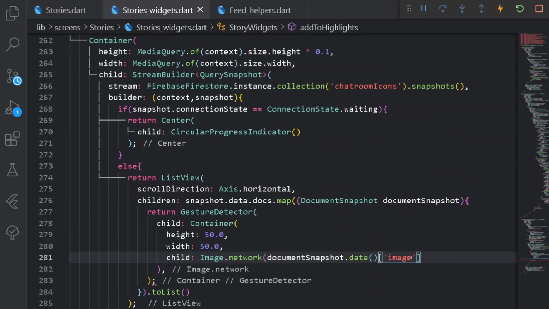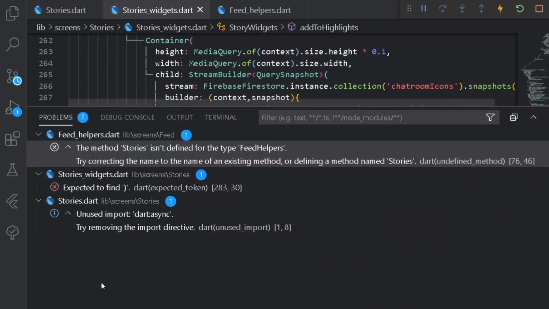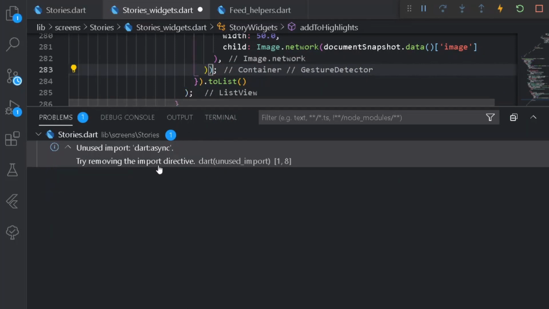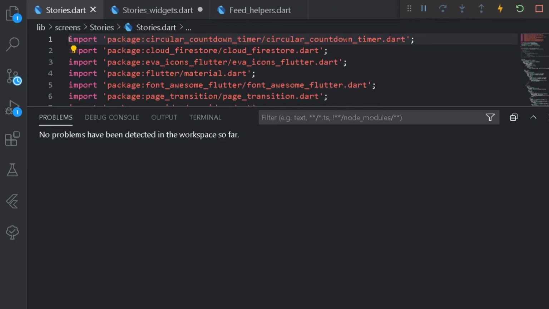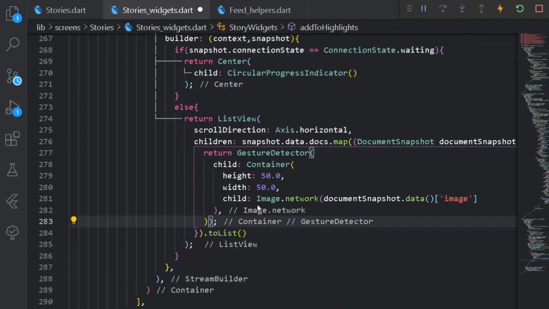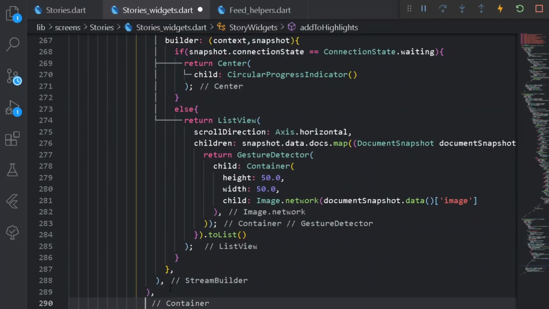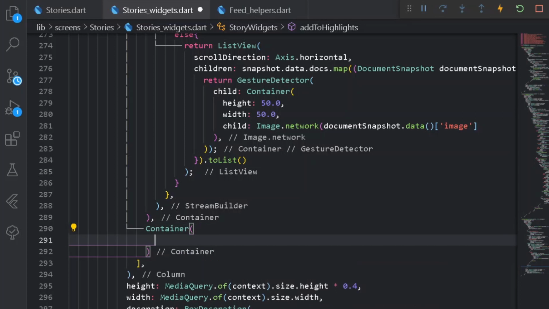Once we have done this, format the document first. Cool. So I think we are getting something here. Let's check it out. Here we should expect to have a bracket, no worries. Also let's import the following thing. Easy. So let's go back, and after the container, we shall simply have a new container with a row, also a floating action button for adding the name of a new album. So for that let's have a new container, and under the container, first of all let's have height and width.